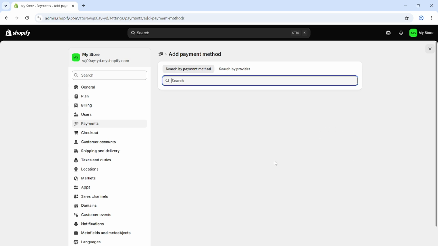Now complete the setup. Follow the prompts carefully and enter the information requested in the order it appears on screen. If Shopify provides any guidance, such as what information is required or what to double-check, it is best to follow it closely to avoid delays. If you see options about how payments are captured, displayed, or authorized, make selections based on what you want for